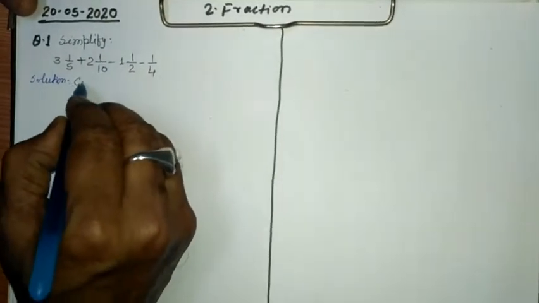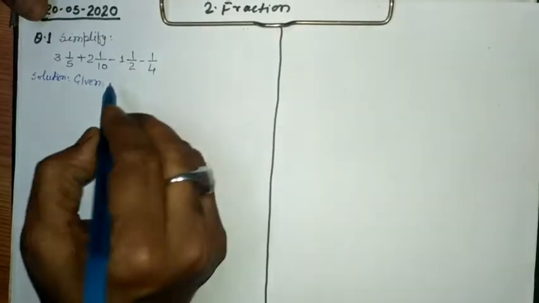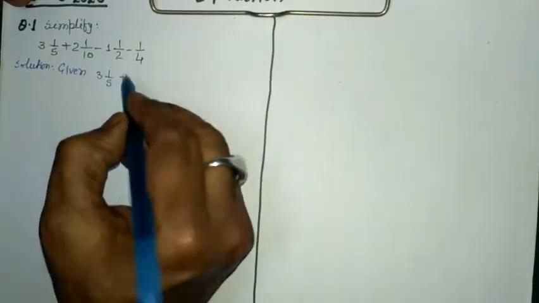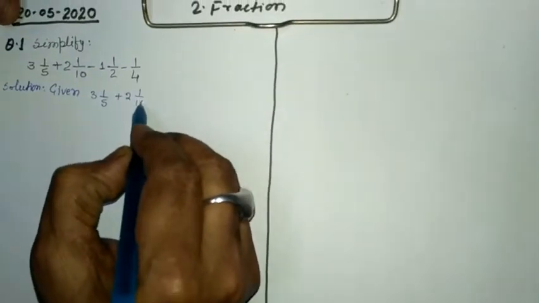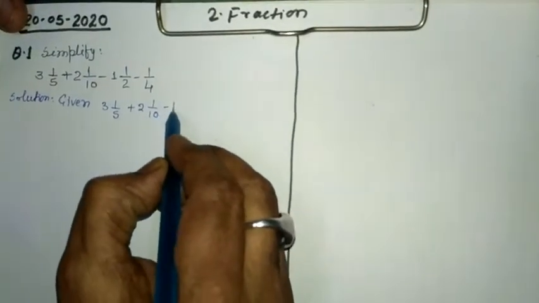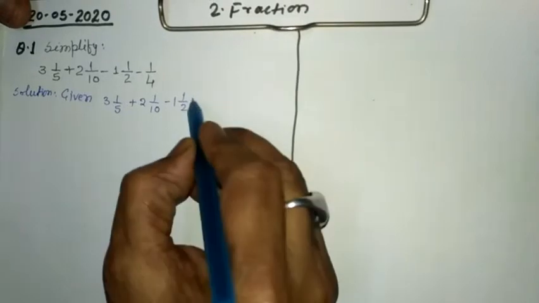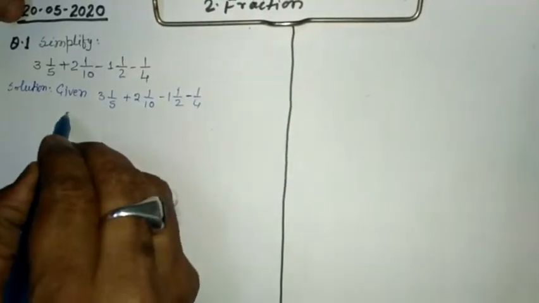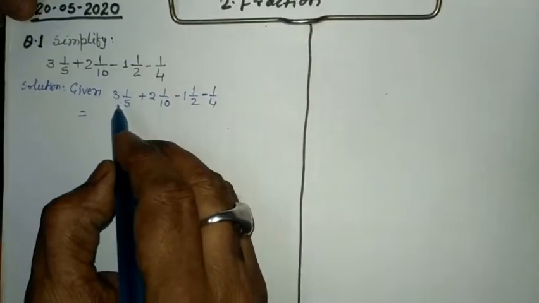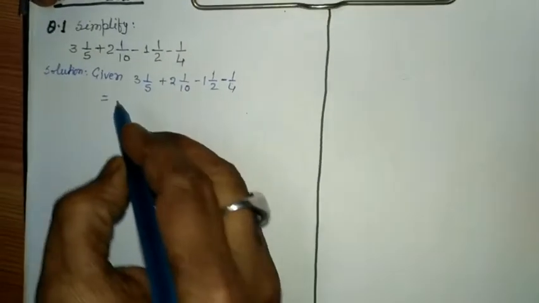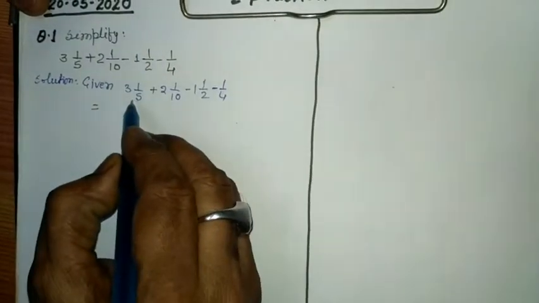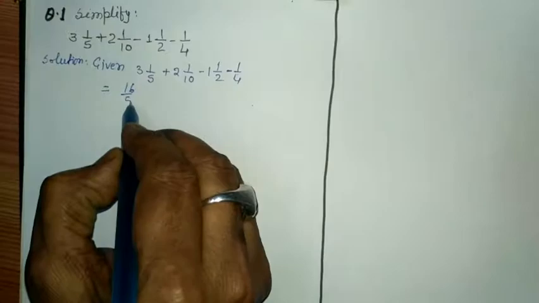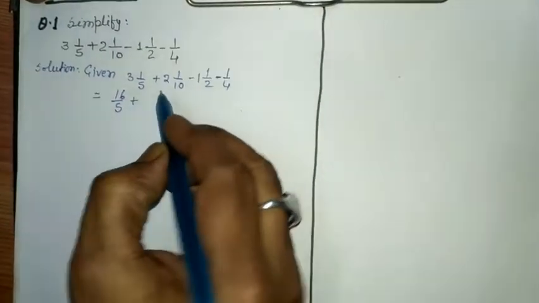Given: 3 whole 1 upon 5 plus 2 whole 1 upon 10 minus 1 whole 1 upon 2 minus 1 upon 4. First we change the mixed fractions into improper fractions: 3 fives are 15, plus 1, 16 upon 5, plus